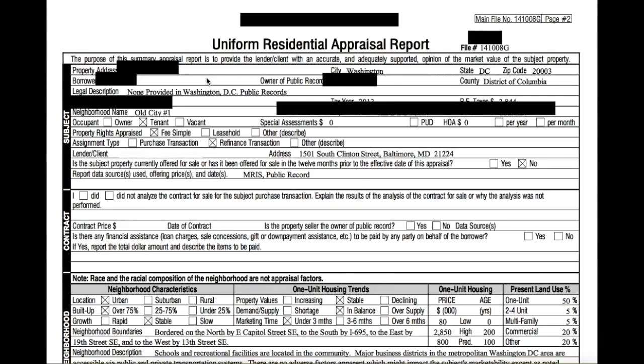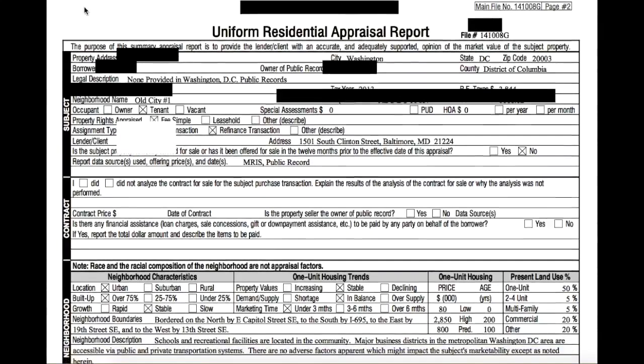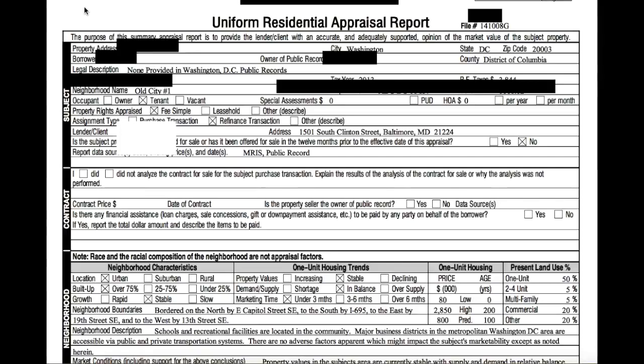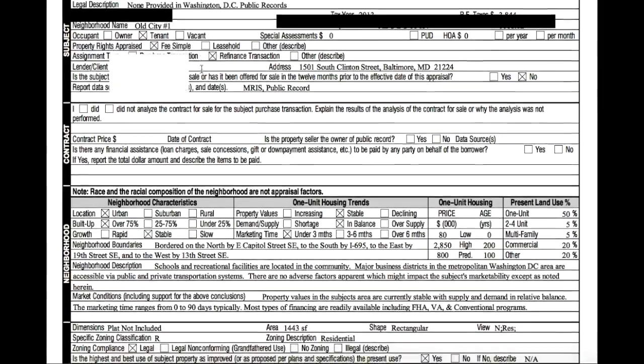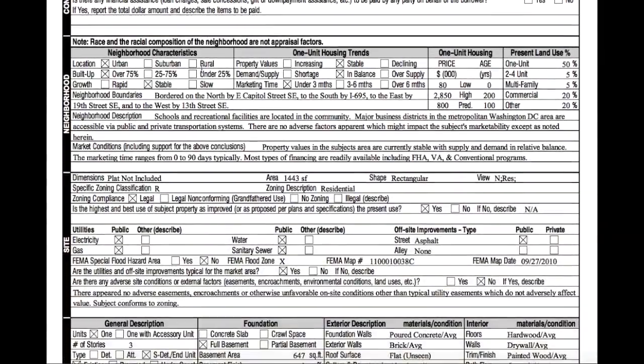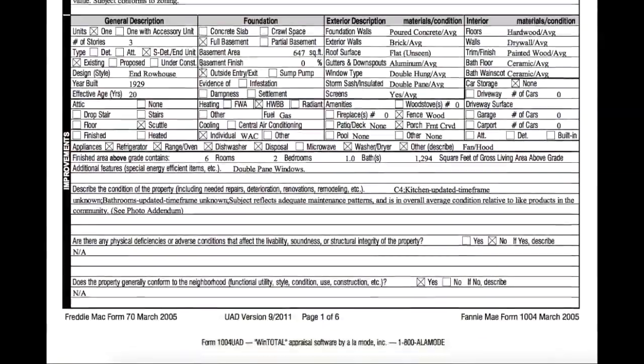Video summary of an appraisal report. You can see here I've redacted the information. This was a real appraisal. The property address goes here, the borrower's name goes here, and the meat of the appraisal. There's a lot of information in an appraisal, and you're welcome to read all of it, but really the important parts are scrolling down